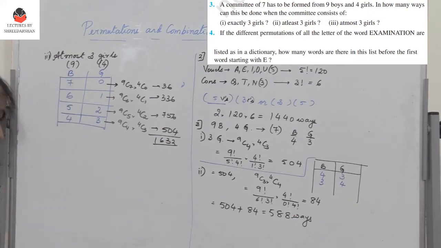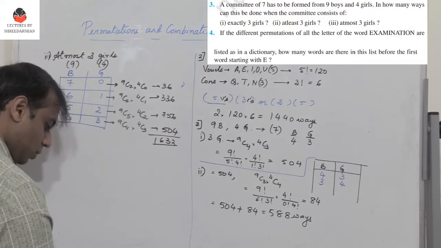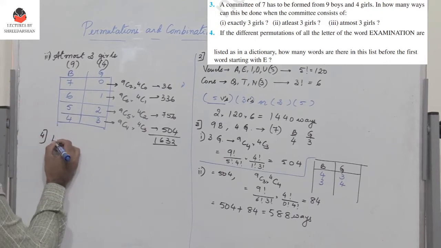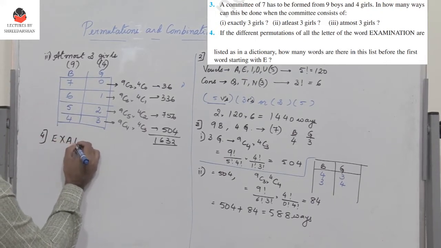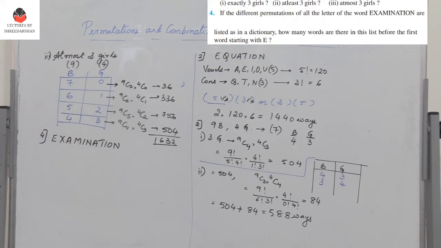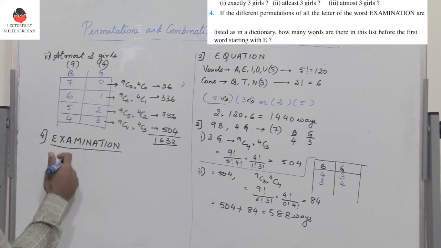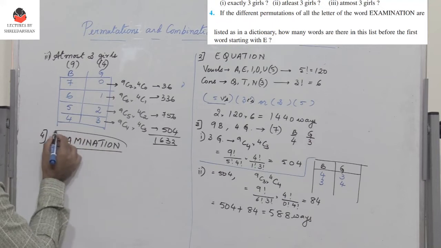If the different permutations of all the letters of the word examination are listed in the dictionary, so I have the word examination. Now they are all listed in the dictionary. How many words are there in the list before the first word starting with E? Now you have the word examination. So I would like to know how many words are there before E in the dictionary, which includes the alphabets